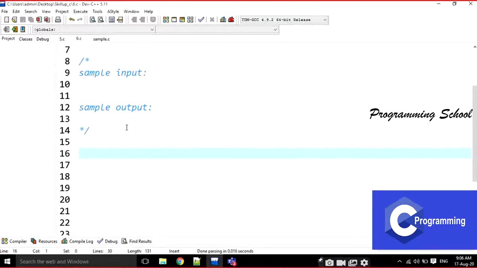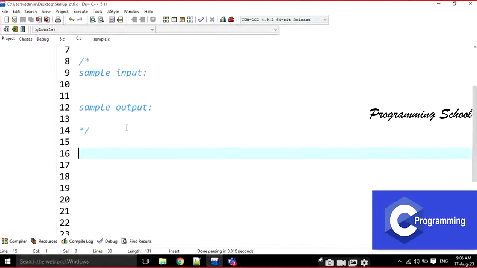Arithmetic operators, divide operators, bitwise operators, and logical operators. Okay. What are the logical operators? Logical or, logical and, and logical not.